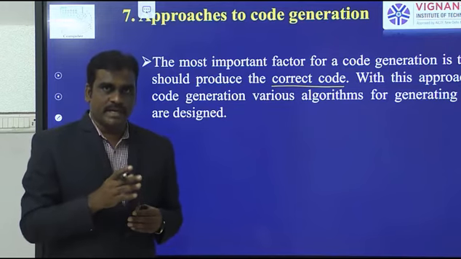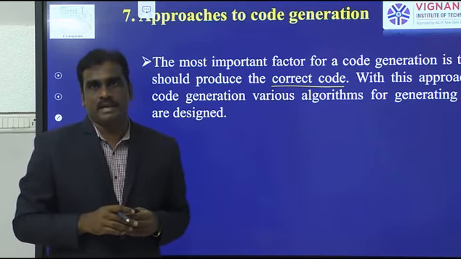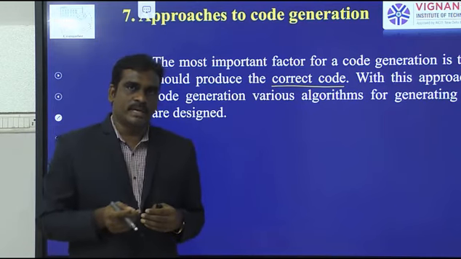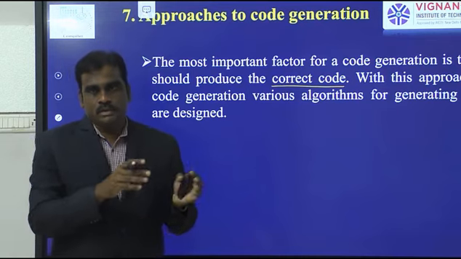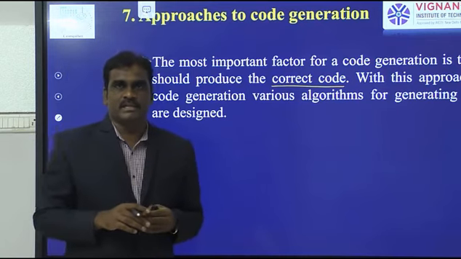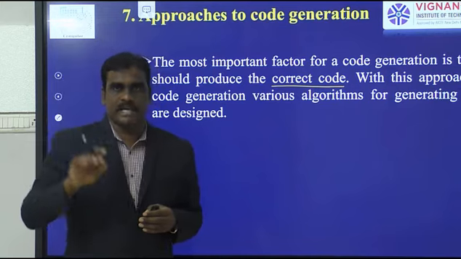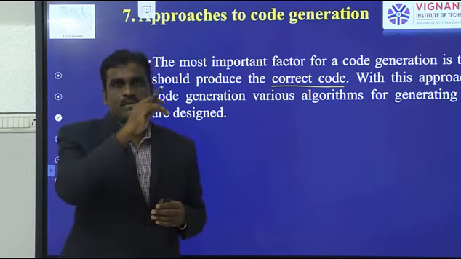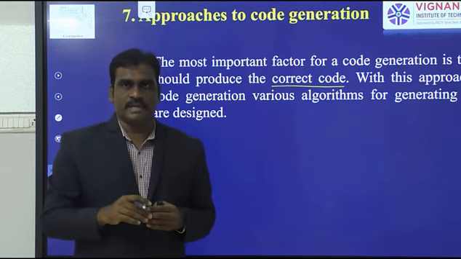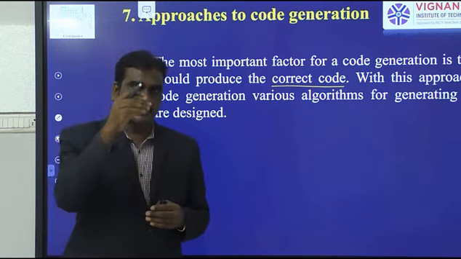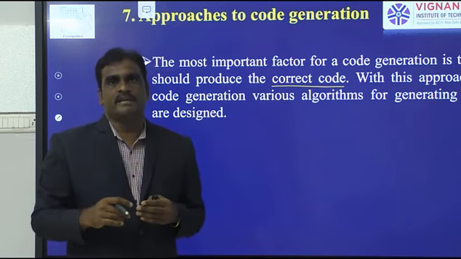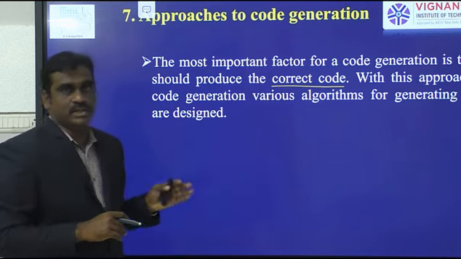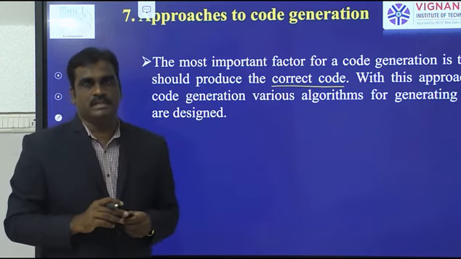Otherwise no one uses that compiler. So that's why whatever new compiler we design, we should follow the rules and regulations of the design of the compilation process. What is the first phase? What is the output of the first phase? What is the second phase? What is the output of the second phase? Like that, we have to perform each and every phase, then only we will get the correct output. Okay, so these are the main design issues in the design of a code generator.